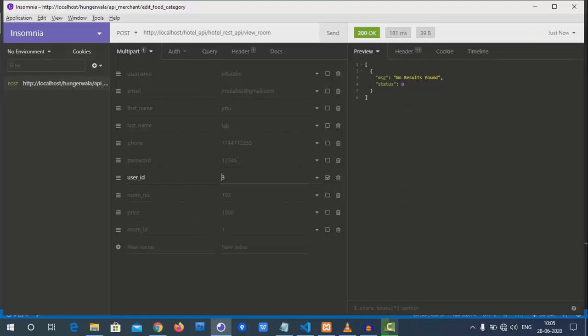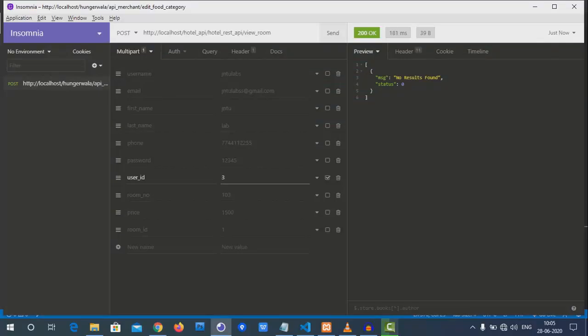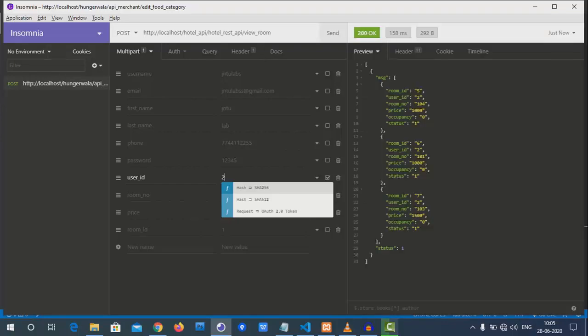Here we need to have the same thing, room and room. If we have the same notation, it will be easy for us to understand. Or we can keep the previous one, like message, message, message, because we will be used to it. We will be used to checking only the message. Once we write it, we will keep using the same notation. Message will always check if we have received any message or not, and the status equal to 1, then what message they have sent, for our mobile app development.